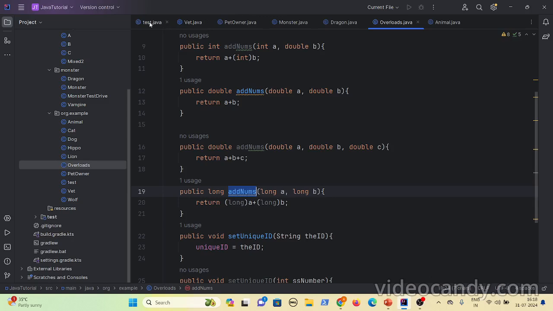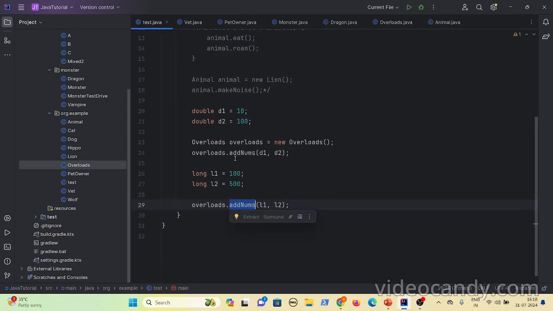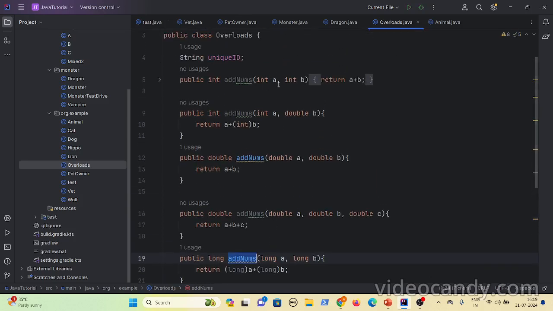So for me as the client, I don't know whether the method is same or whether the method is different. I assume that it has a single method add names, but internally it accepts anything. So for the user, whoever is using this add names method, it's very easy and they might think that it's the same method as well. But internally, for the same implementation with different parameter types, we have provided different methods. Okay, now this is called overloading.